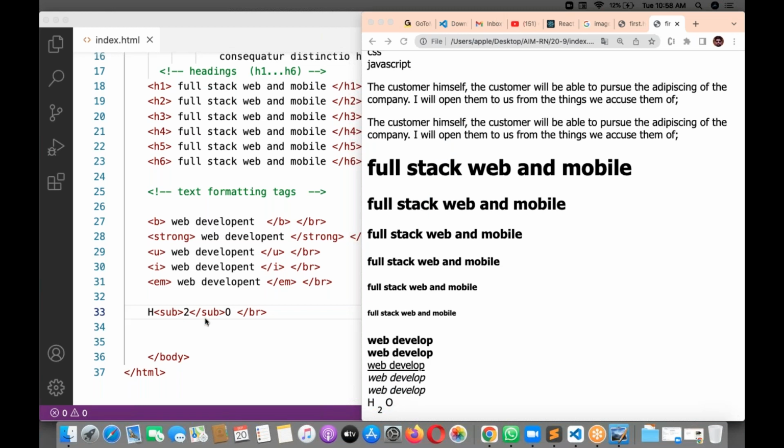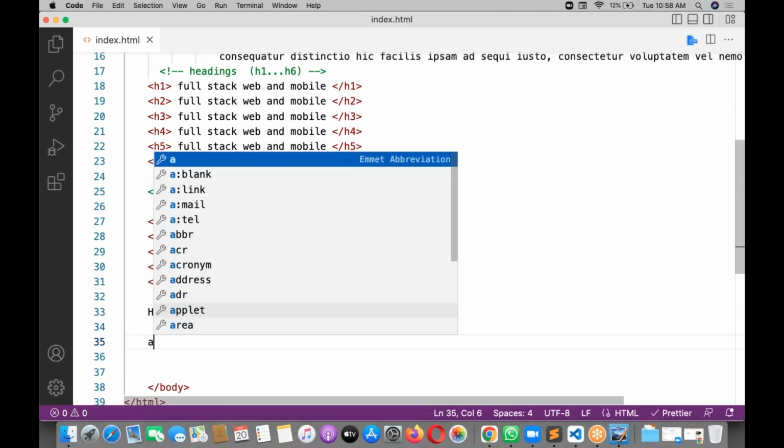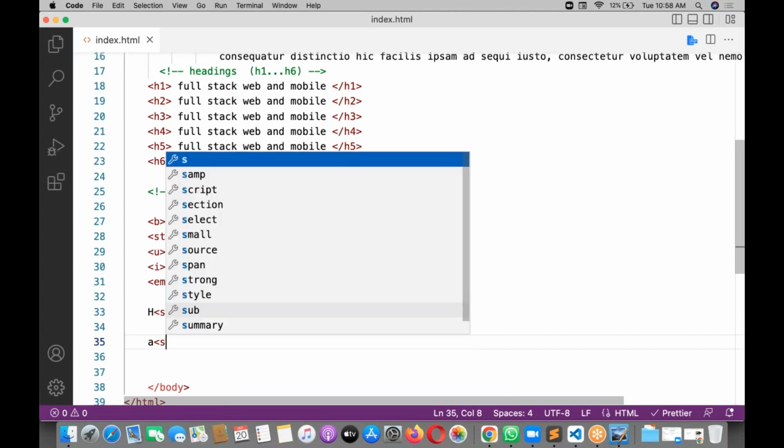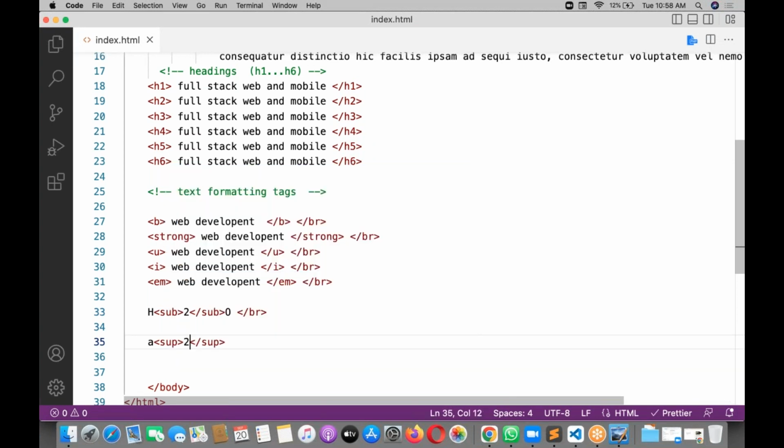Now I want to go for superscript, for example, the superscripted 2. A square plus B square. If I want to write A square plus B square, you can write like this. Plus 2AB. A square plus B square plus 2AB is equal to A plus B whole square. Whole square is something like superscripted. Whenever you want to write a formula like this, you can go with the sub tag and sup tag.